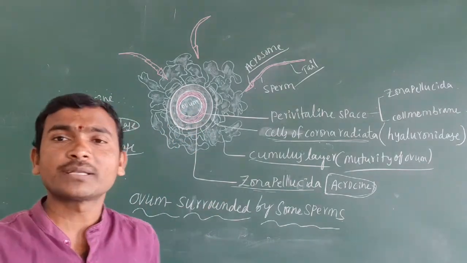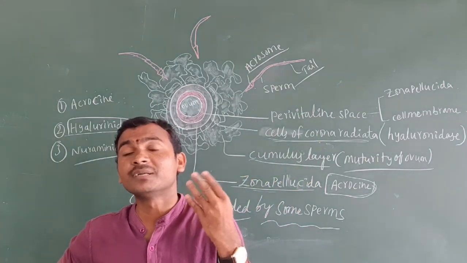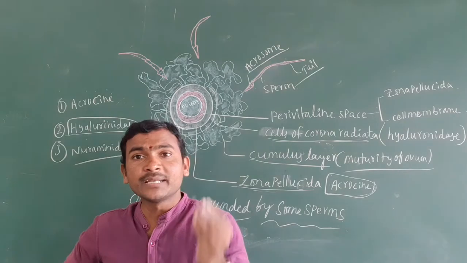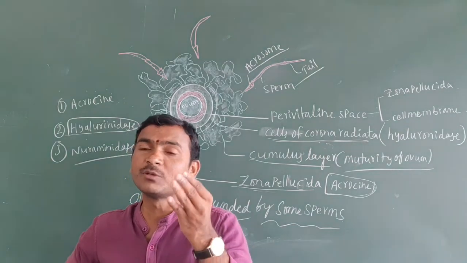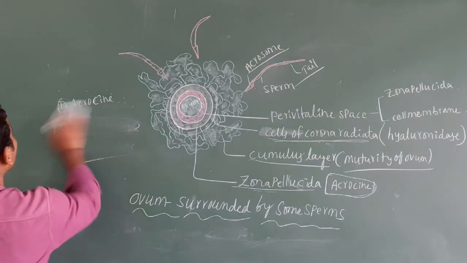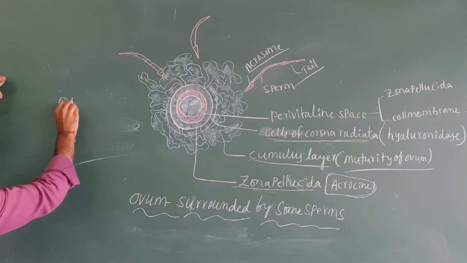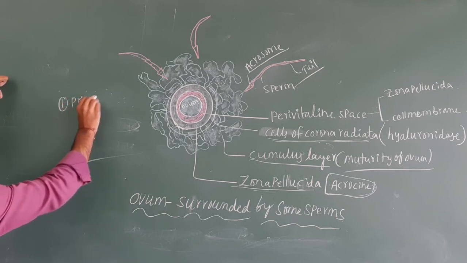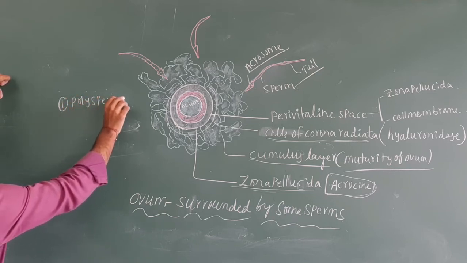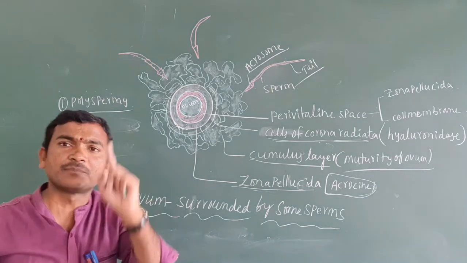But sometimes more than one sperm enters. Entry of more than one sperm inside the ovum is called polyspermy. If only one sperm enters inside the ovum, it is called